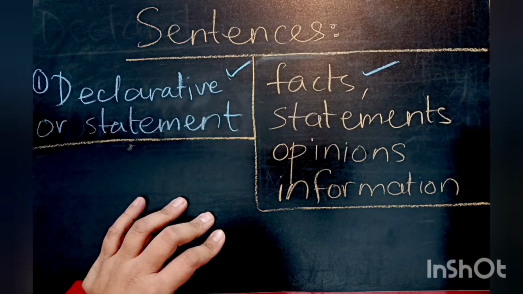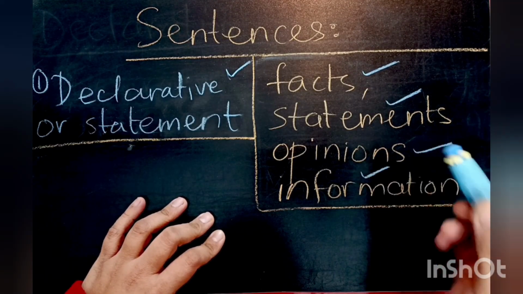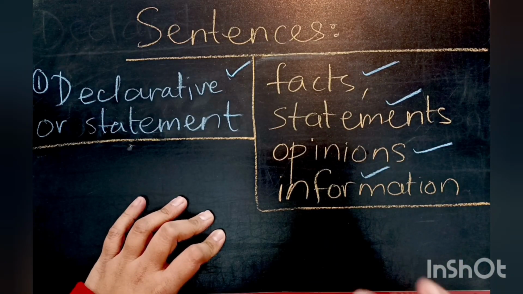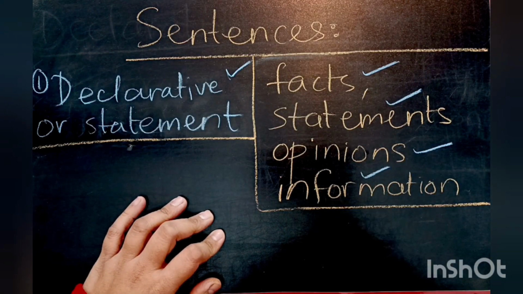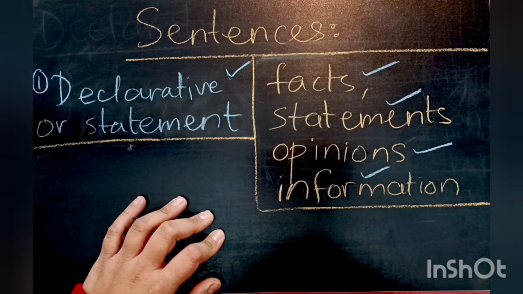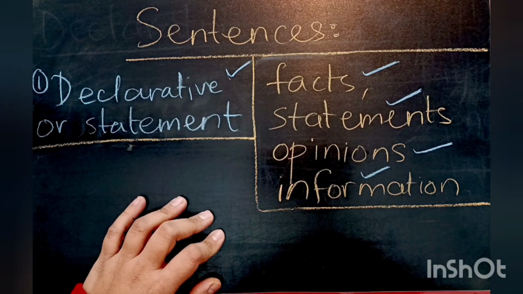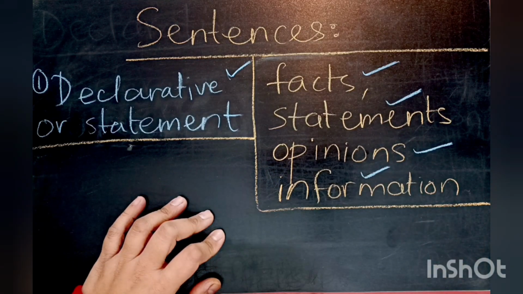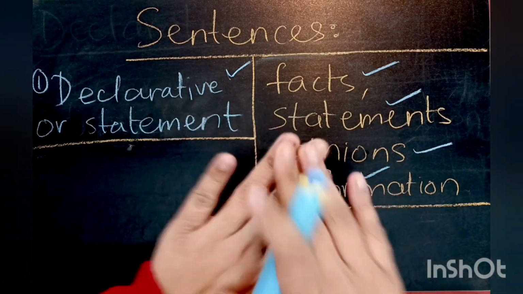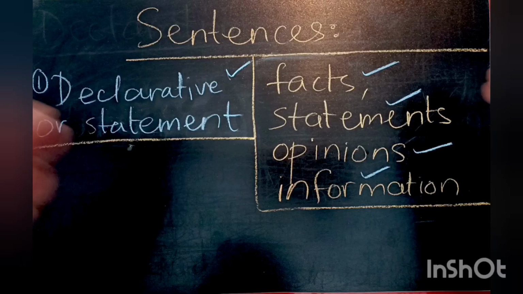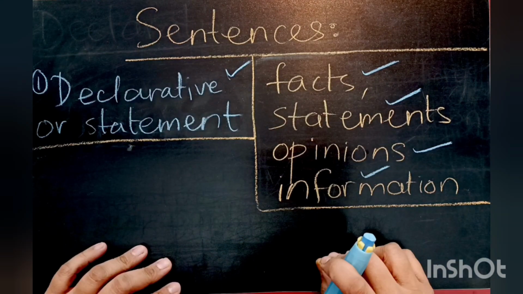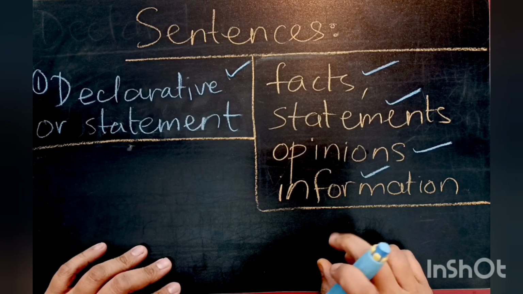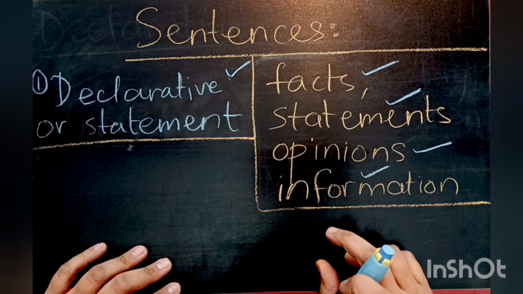These are facts, statements, opinions, and information. These types of sentences form the backbone of a conversation by stating something in a very clear method. So they state information, facts, opinions, statements in a very clear method. Its purpose is to declare, state, and inform, or